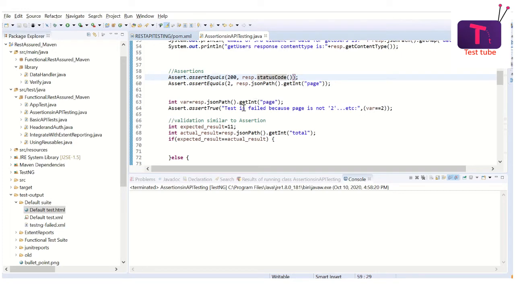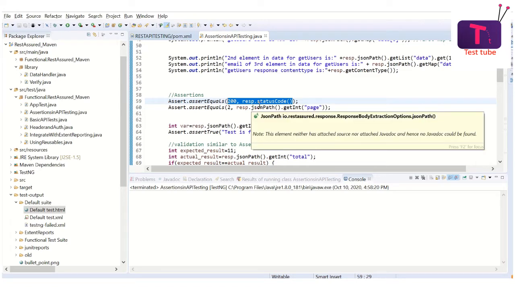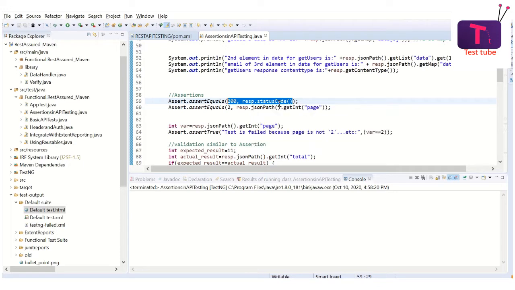So like I said, the message is going to be printed only when there is a failure. But if the assert is success, it will not print anything, and it will proceed, and it will mark the test case as success. Perfectly fine. And it really makes sense, because when there is a failure, you might want to know what the failure is all about. But if it is success, it is obvious, because it has validated the expected result and actual result, and it implies itself the reason for success. There is no need for a message to be there.